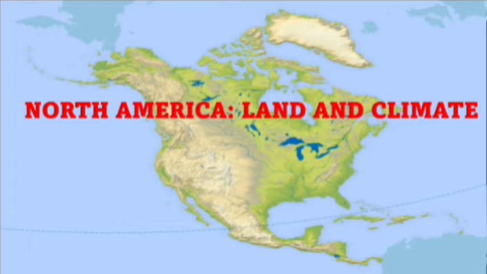As India has various types of features like the Great Plains, the northern plains, the northern mountains, that is Himalayas, and the Thar Desert or the Great Indian Desert, just like it, there are a lot of features that India possesses. So North America also has various types of features. I'm not talking about only one country, that is the whole continent. So let us understand what are the various features of North America.